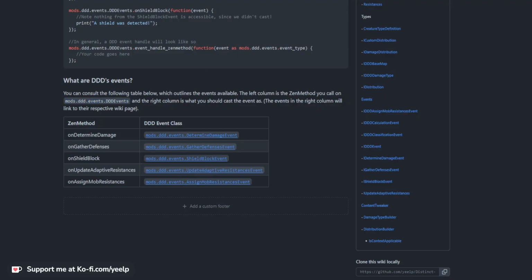So the way that works is I do mods.ddd.events.ddd.events dot on update adaptive resistances. And then this needs to be a function which takes an event as